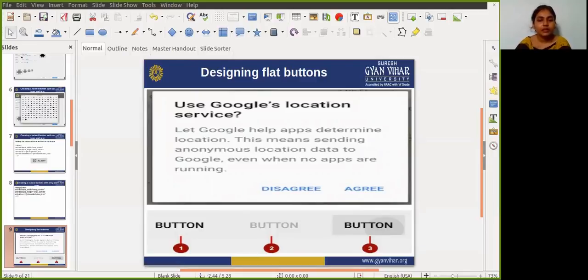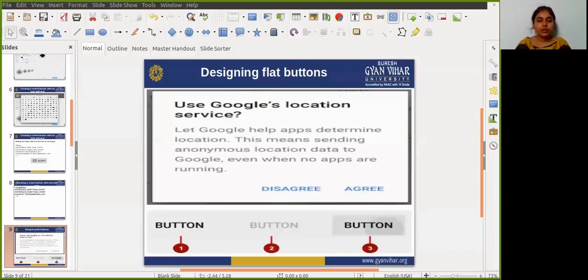It minimizes distraction from content, and flat buttons are useful when you have a dialog, as shown in the figure here, which requires user input or interaction. In this case, you would want to have the same font and style as the text surrounding the button. This keeps the look and feel the same across all elements within the dialog.